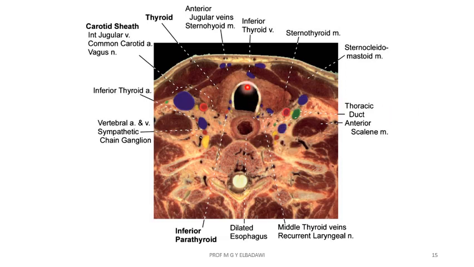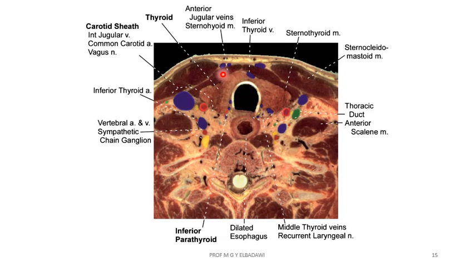That's almost at the level of the third tracheal ring. That is the isthmus, the two lateral loops. The inferior thyroid vein can be seen in front here. The carotid sheath with the two vessels, the internal jugular and the common carotid. The vagus nerve is here. Sympathetic chain, almost. That is the esophagus, that is the trachea. The two recurrent laryngeal nerves can be seen. Thoracic duct can be seen also here. So that's a good